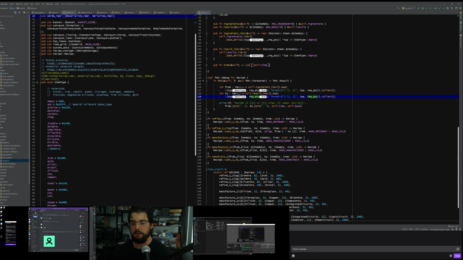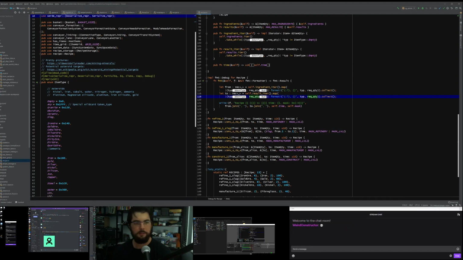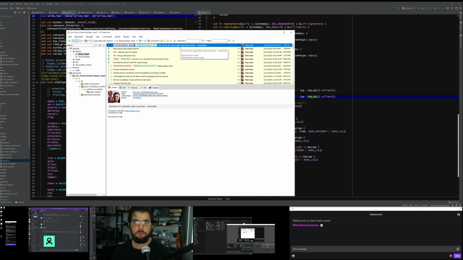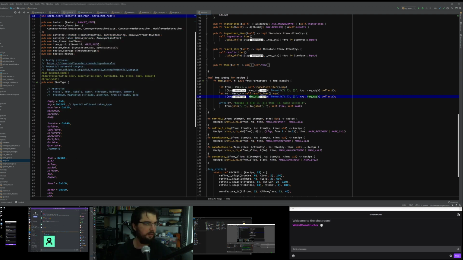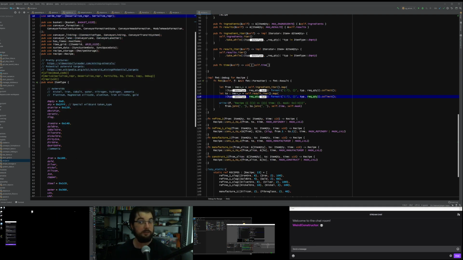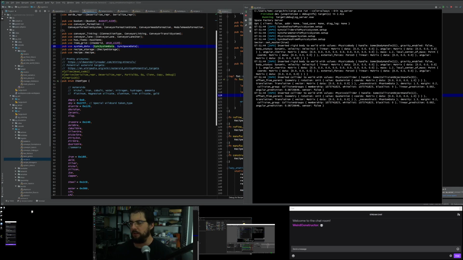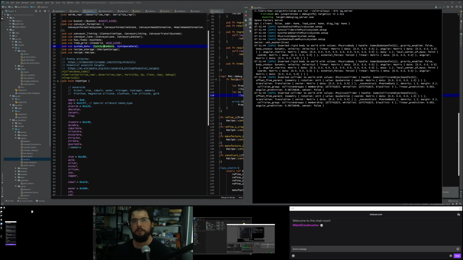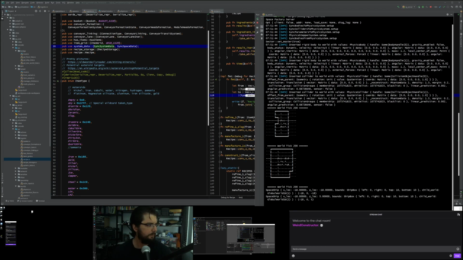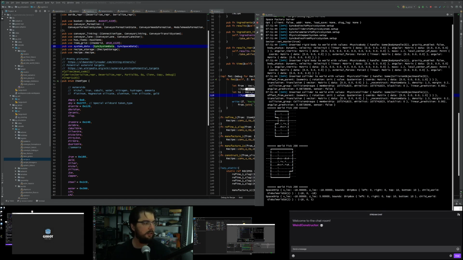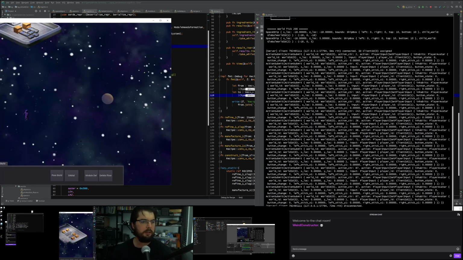So I took the liberty, before we started the stream, of committing the last work that we did to Git. What we did last night was add inputs for ships. That's now a new commit, all pushed up to the server, so we're ready to go. Well, kind of. I'm just going to quickly run what I've got. So let's run the server and have a look. What I added last time was the ability for inputs from the user to go up to the server and move the ship. But when you tried to rotate the ship, it didn't rotate. I'm thinking that it's because I probably didn't synchronize rotation.